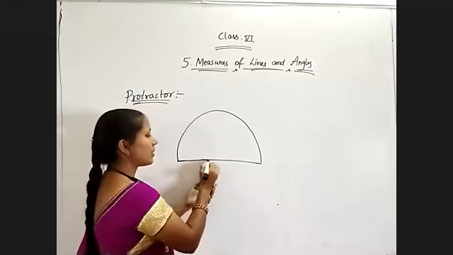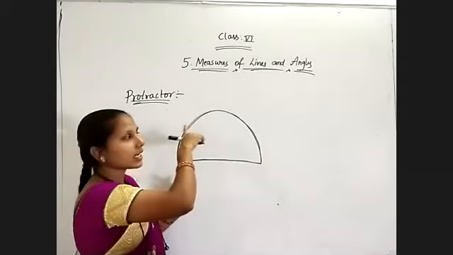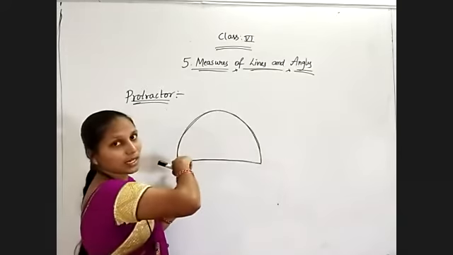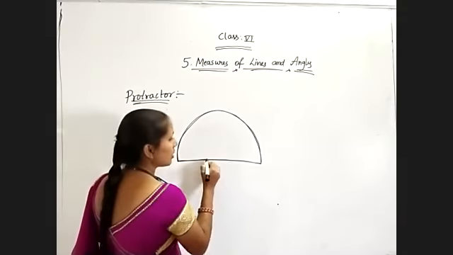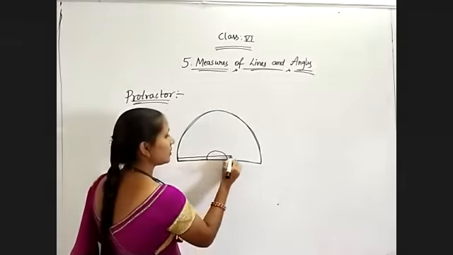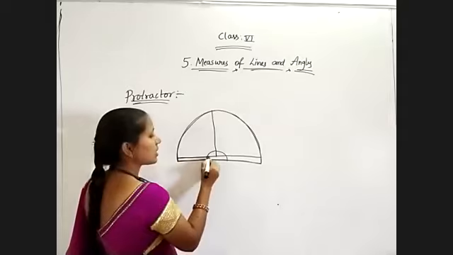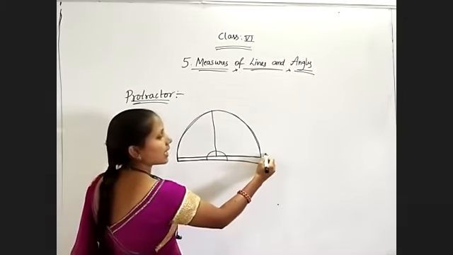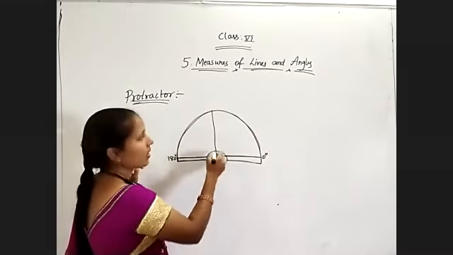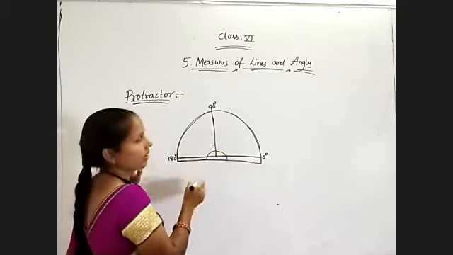Observe this. You will get the protractor in the semicircular shape. That's why only 180 degrees are marked on the protractor. Observe the numbers. 0 to 180 you will get. And here, the middle point, we will get one line like this, and one line like this. This line, just now as I told you, is starting at 0 and ending at 180 degrees because it is a straight line. And half of the straight angle is 90 degrees, that is a right angle. Okay. Now observe this.